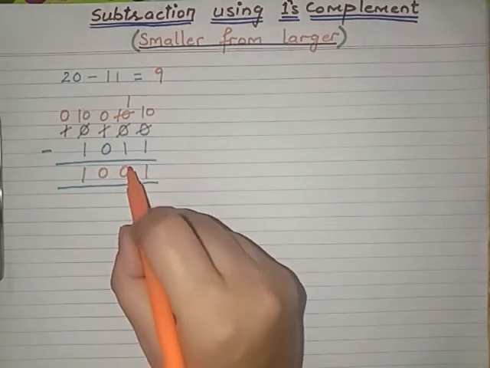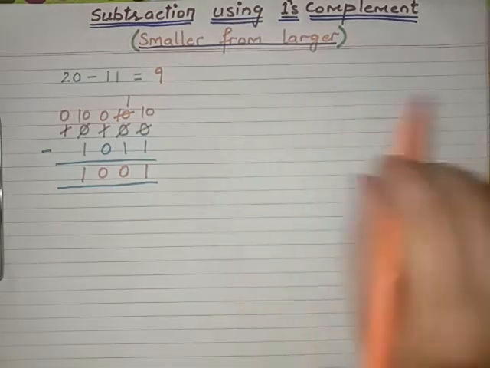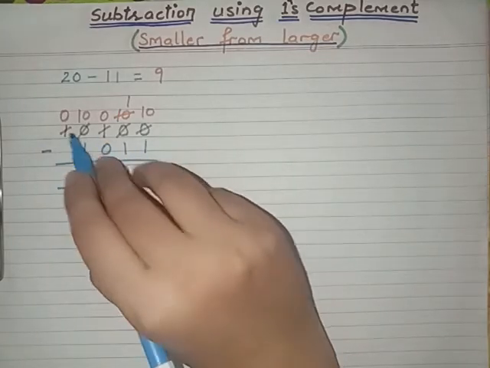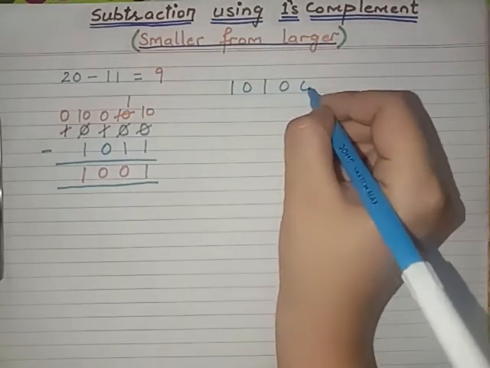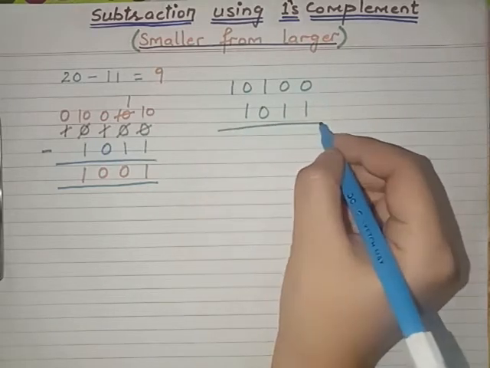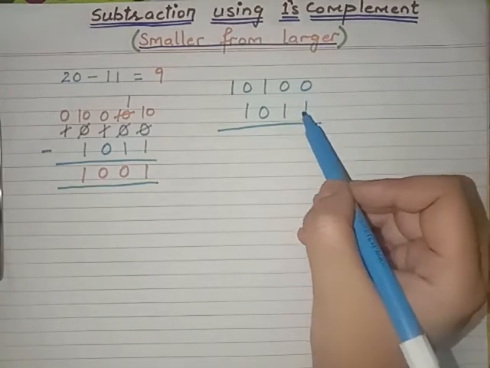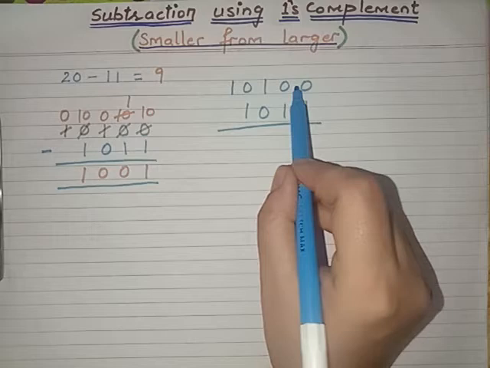I am just taking the same example, and now I will be subtracting these two numbers using the ones complement method. So the example is, we have to subtract 1011 from 10100. So I'm going to write here 10100, and the second number is 1011. Now I have to subtract both of these numbers using ones complement. The very first rule of this ones complement method is that when we subtract two numbers, the number of digits should be the same. So here you can see there are 5 digits here, and 4 here.